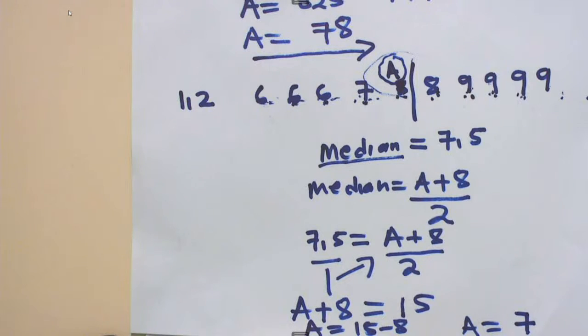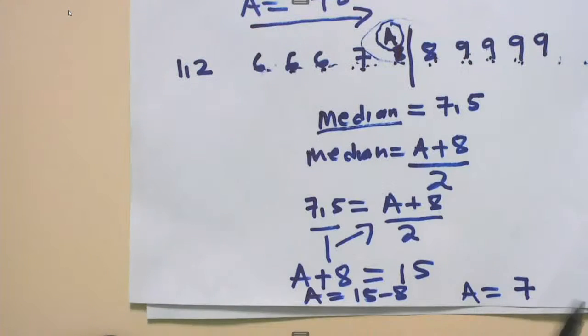So learners, it is very important that we are not always going to be told to calculate the mean or median. Sometimes we'll be given the mean or median, and then we'll be required to calculate the missing value in a set of data. So it is very important that you work through, make yourself sets of data that are arranged, and work them out. You try a few examples and see if you are in a position to answer such questions. Next time when we meet, we'll do quartiles, and after that we'll do the